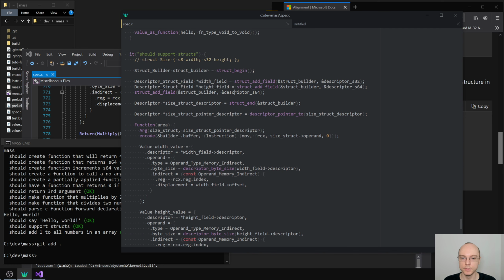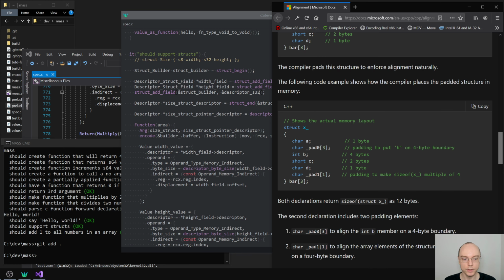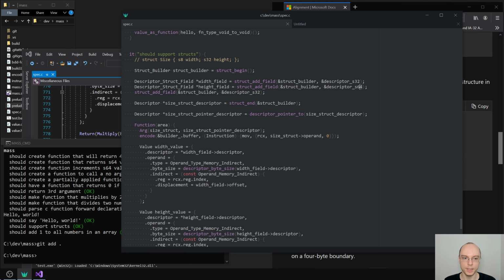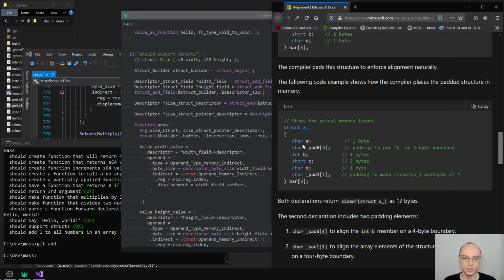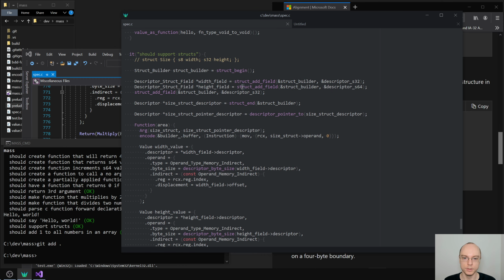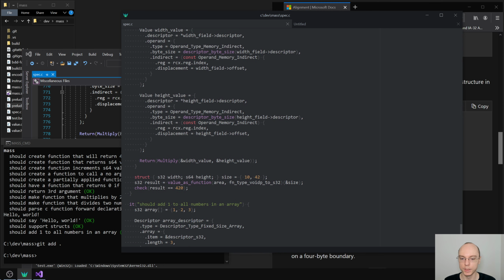But the idea of this field is it's going to be a 32-bit field. And if I understand correctly this definition here, because we have an 8-byte field, the whole struct needs to be aligned to 8 bytes. And that means that the size of this struct will be 16 bytes and not 12 bytes. But I might be mistaken about that, so let's check what